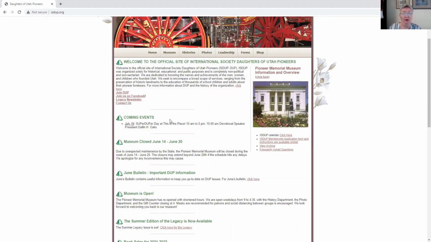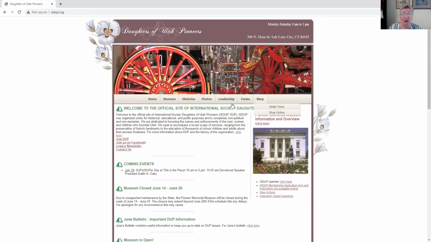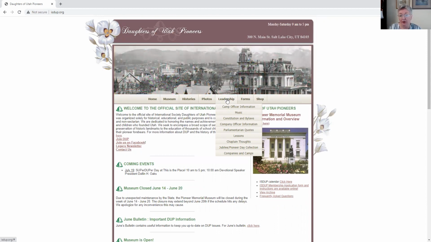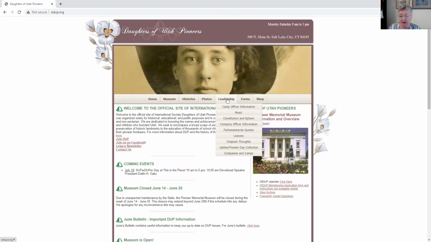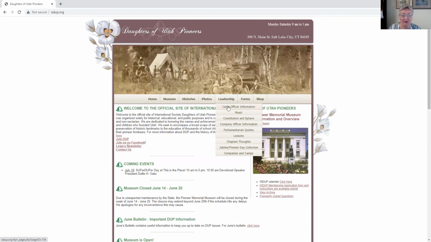Let's pull up the registrar sites that are of interest to you, and that is under leadership. I have coined an acronym for this site, and that is RTC, your Registrar Training Center. Here is the camp officer information.